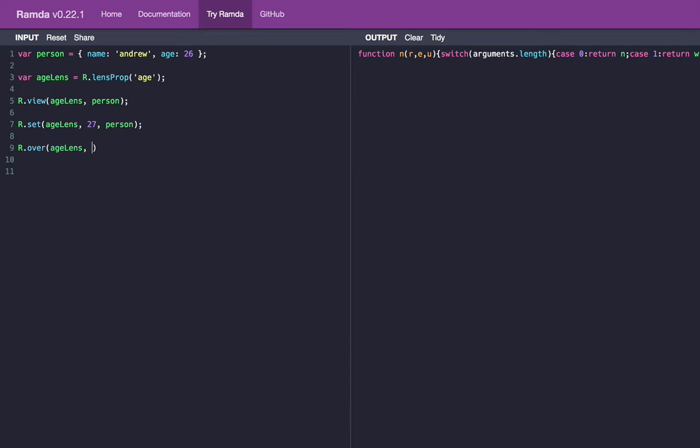So we can pass in the age lens, and then we can pass ramda.add, and I could pass it 10 as the first parameter. Ramda.add expects 2 parameters, so that means we'll get a curried function here, which will take the age property value as its second parameter. And so you can see the person object that is returned has an age of 36 instead of 26 because